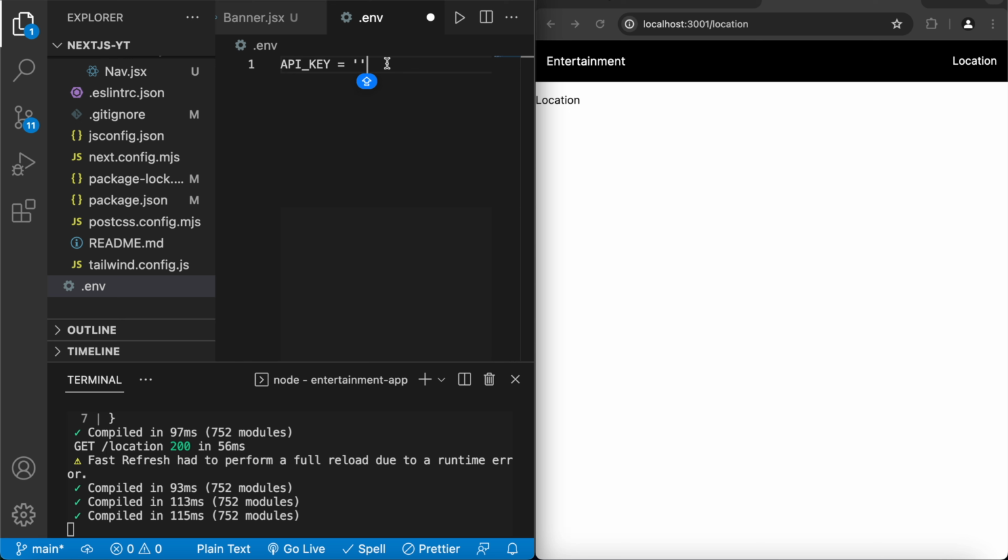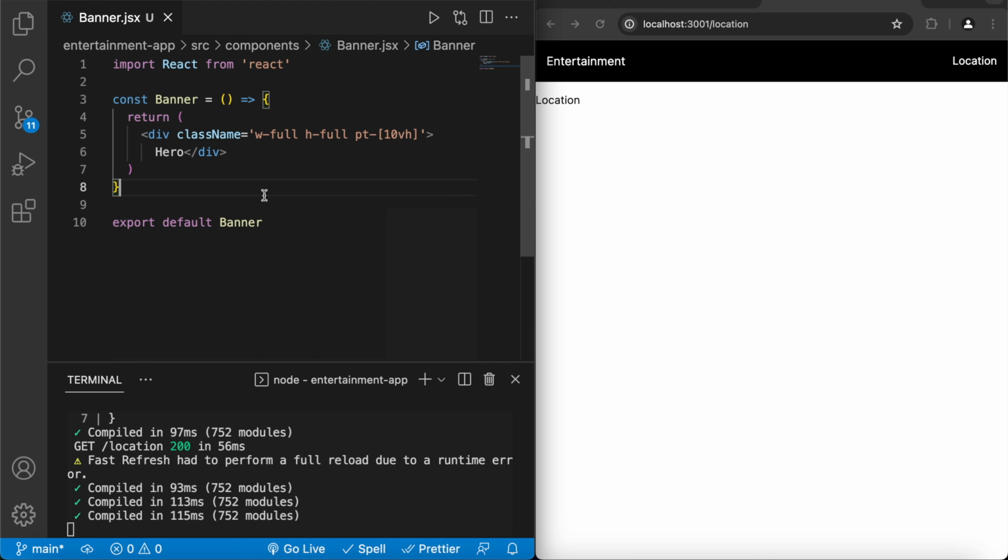So I'm going to go ahead and put in my API key. I suggest you guys do the same thing. I'm going to do mine off screen, so you're not going to be able to see it, but you go ahead and put your API key, and we'll go on from there. So once you do that, now we can actually start working on our